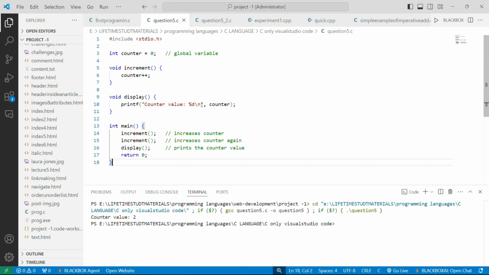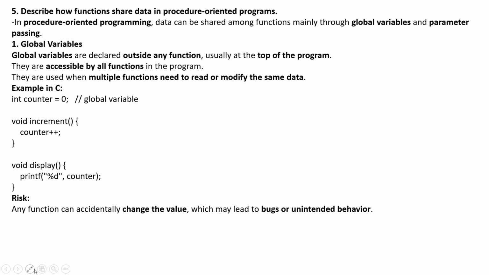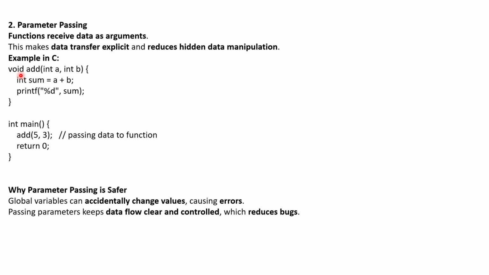So that is the risk we have just seen: the global variable can be changed and modified. This is the problem with global variables. Now, on to the next one, parameter passing. In this, functions receive data as arguments, which makes data transfer explicit and reduces hidden data manipulation. Example in C: